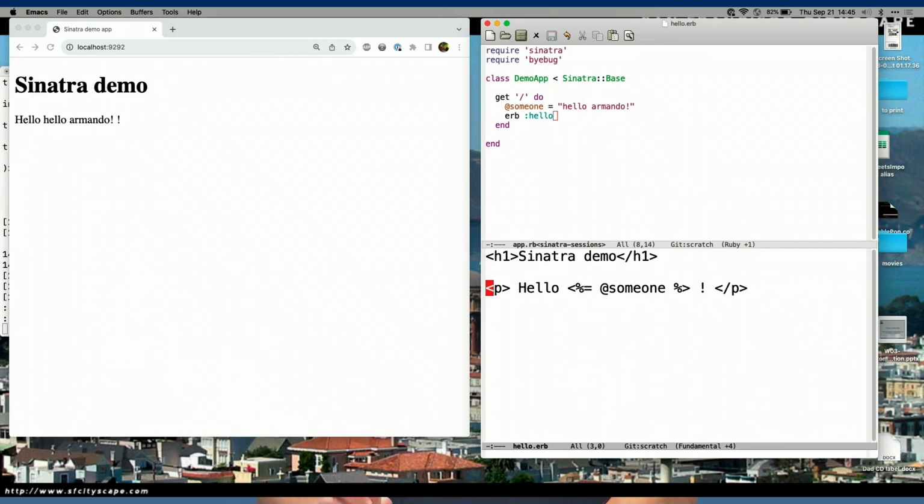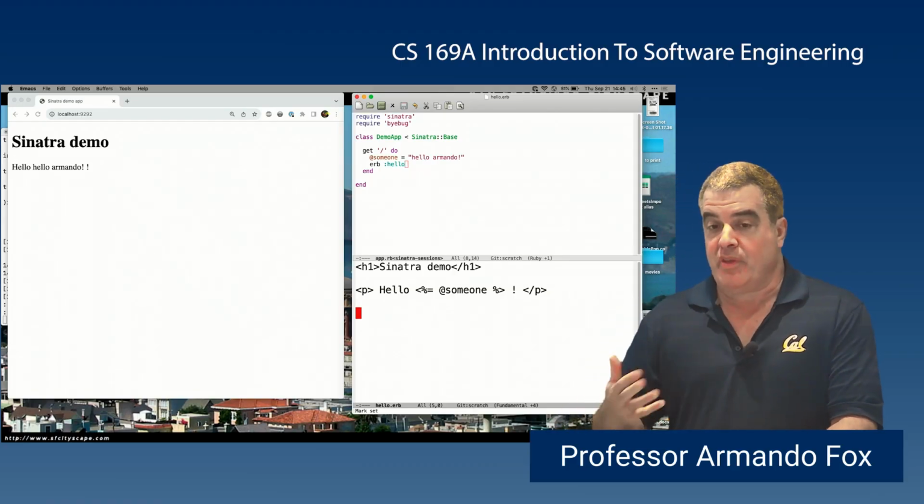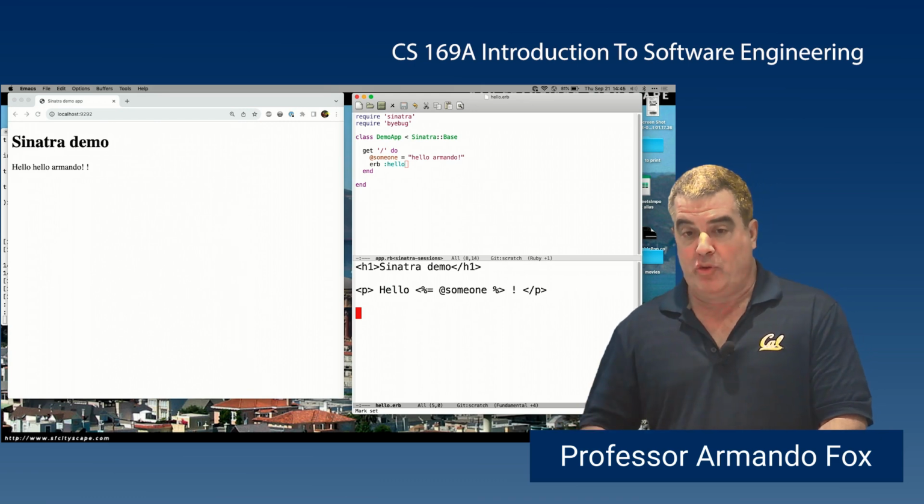Now, one thing that is a little bit subtle and you may not have noticed is, you hopefully remember when we talked about HTML, that what you're seeing here is not a complete HTML page. There's no doctype declaration. There's no meta information in the header. There's nothing like that. And in fact, that's because another of the abstractions that Sinatra and many other web frameworks